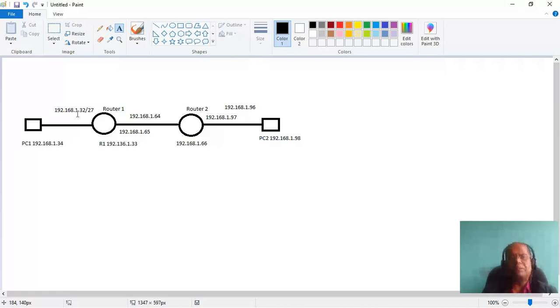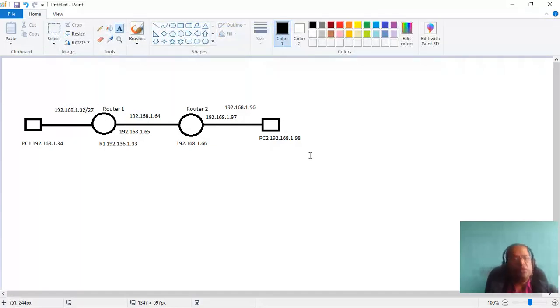Okay, so as a sample, we will try to look at this picture where we are going to use 3 subnetworks, right? That is actually the 32 to 63 range, and 64 to 95 range, and 96 to 127 range, right? These are the 3 networks we have here. Okay, so these 3 networks are going to be interconnected using this router.